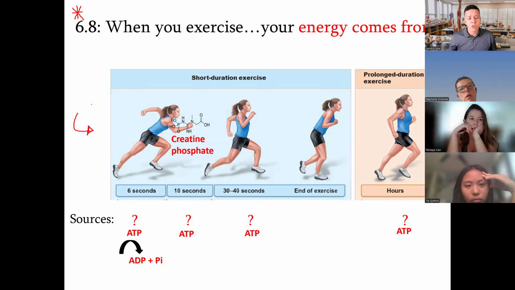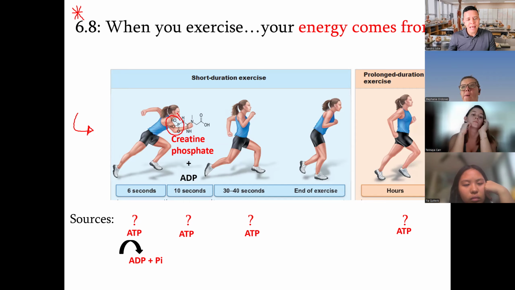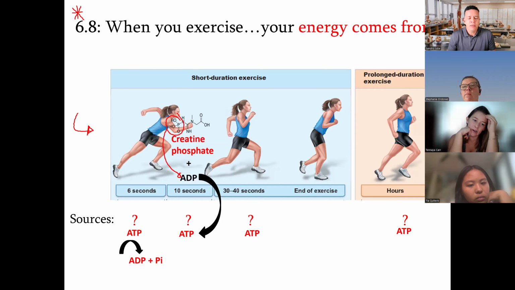Creatine phosphate is going to donate a phosphate to ADP. So when we add a phosphate to ADP, what do we get, guys? We get ATP. So again, now the cell can use that ATP and keep on contracting as we continue to